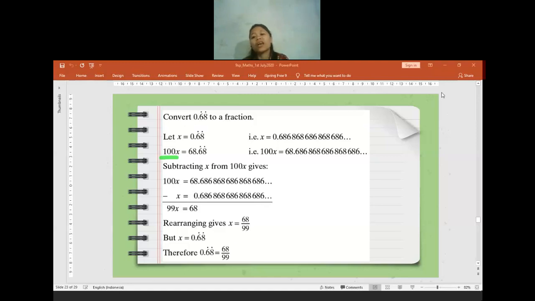Is there anyone who has difficulties or is getting confused? Teacher. Yes, yes, yes. So if there are 3 digits, it's 1000x though. Yes. If it is 4 digits, yeah, 10,000x and something like that. Oh, okay, teacher. Okay, clear enough? Okay, yes, teacher. If no one has a question, let us continue to the other example.